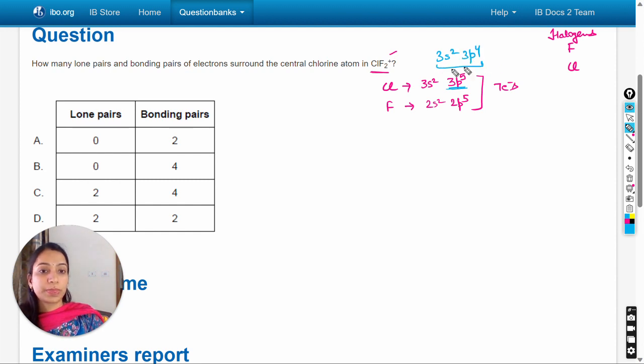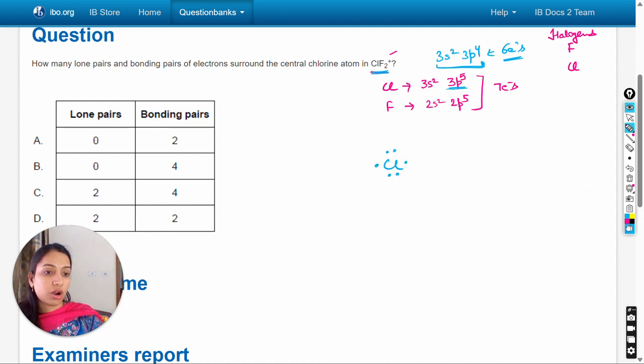So now it has to make two covalent bonds with other atoms to complete its octet, and for that it can form two covalent bonds with fluorine. Let's see what happened. Chlorine, now its configuration is 3s2 3p4, which means a total of 6 electrons in the